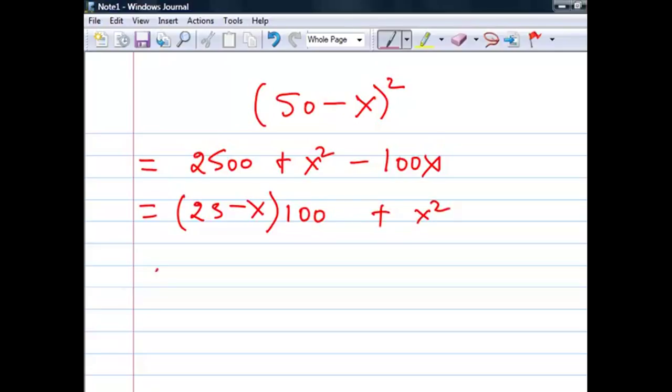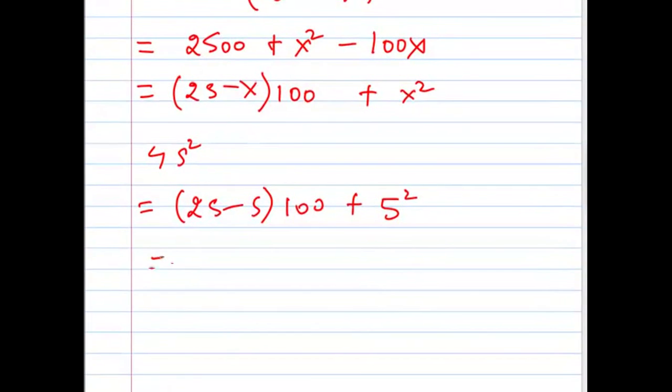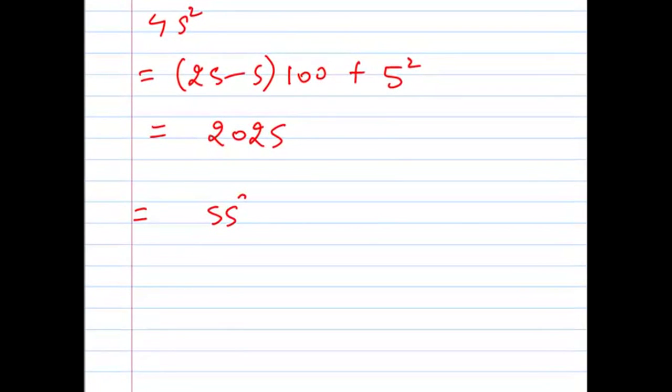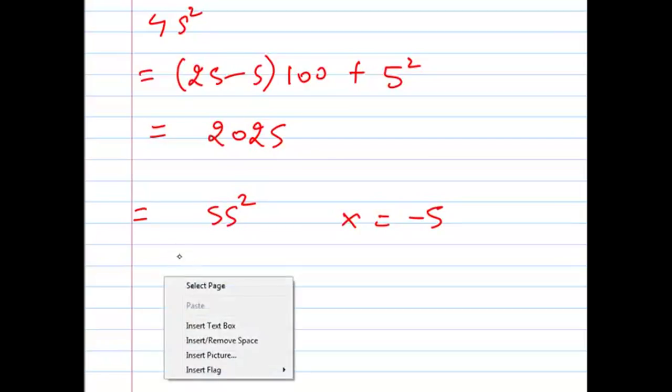Now if I have to do the 45 square, it's simple. I have to write (25 minus 5) into 100 plus 5 square. This is equal to 20, 25. And if I have to do the 55 square, then I just write x is equal to minus 5,